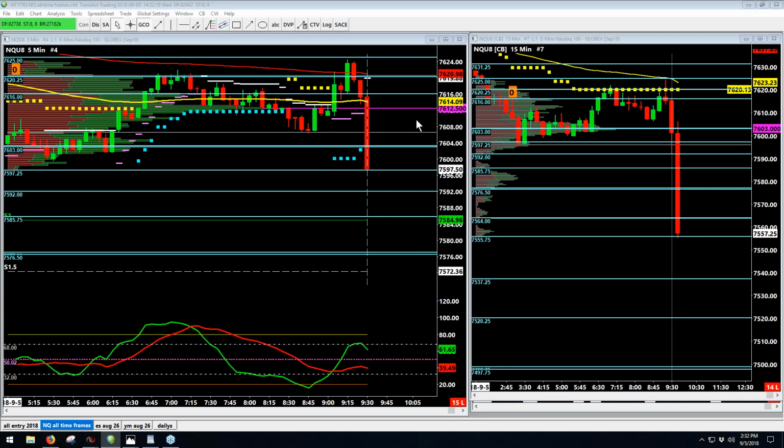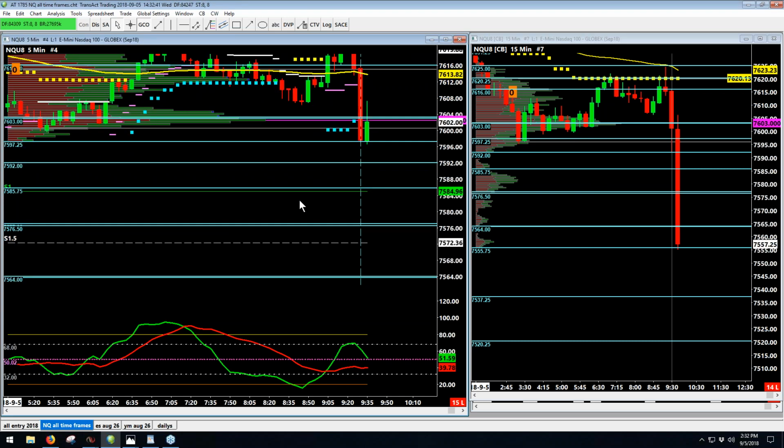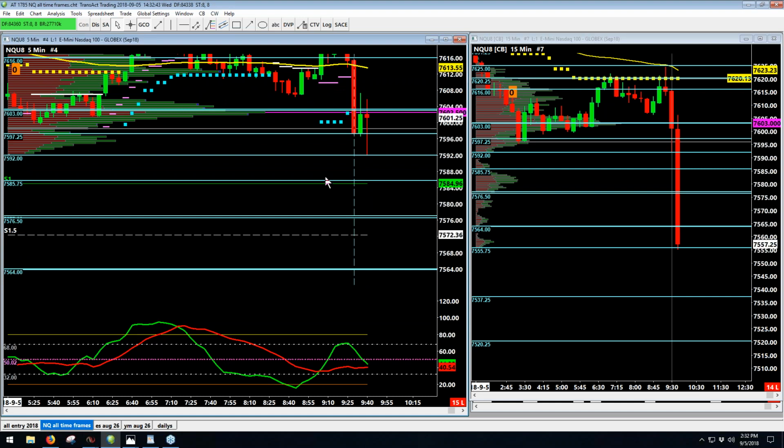Okay, so what I did was I have the lines that we just did on the 60 and the 15 drawn on the 5 minute. So here's the open, and we've got all those little openings drawn. You can't see volume on the left here at the 5 minute because I'd have to scrunch it up really big, but we just looked at it on the 15 and 60, so we've got them drawn here on this chart. So now we open and price trades, and then we wind up with this big bottoming tail on the